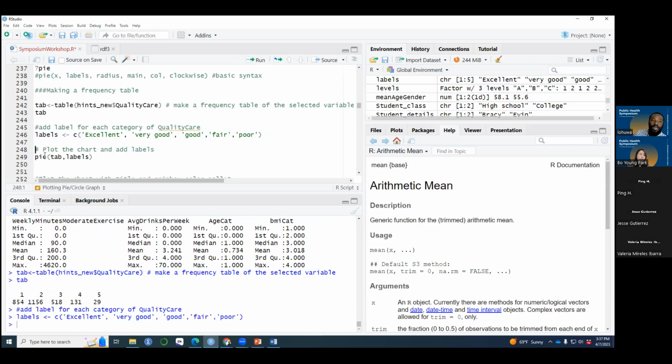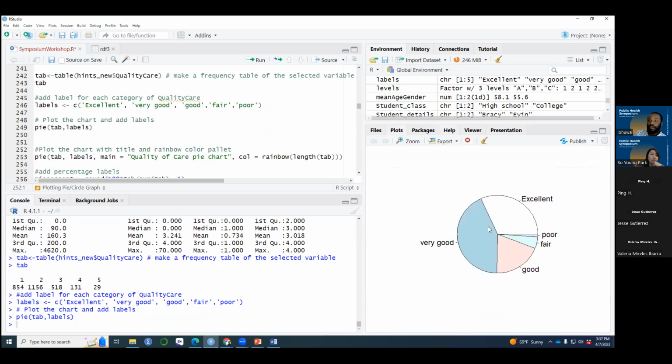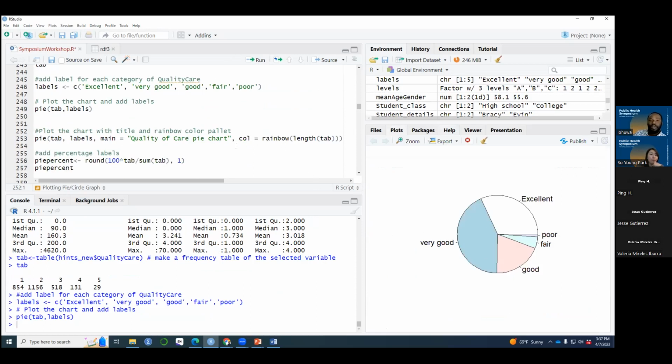So now we can perform a pie chart. We are now going to perform a pie chart of our tab, which is representing the quality of care, and then we are going to have the labels included, right? So there's a pie chart. Now you can have so many fancy things with the pie chart. You can add a name to the pie chart by adding main equals, which allows you to add a title. And then we can add some different colors to the pie chart. By default, R chooses colors for us, but we want to see brighter colors, like rainbow colors, right? So we say col equals